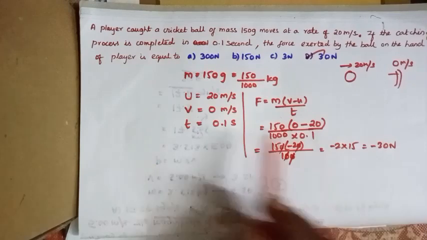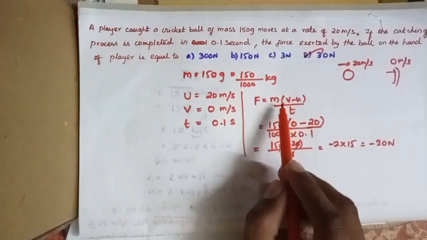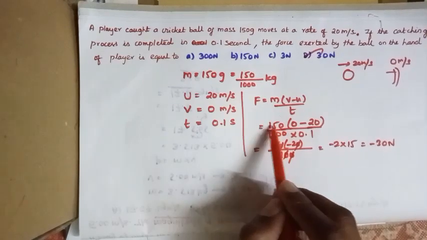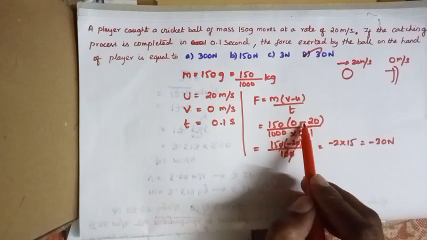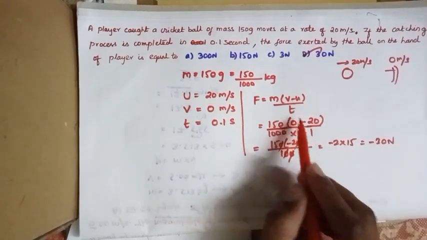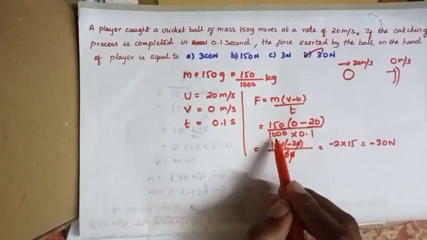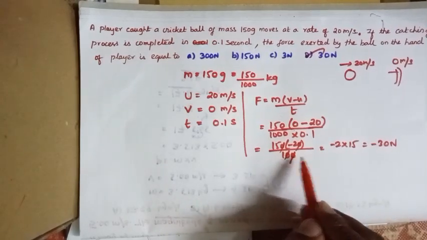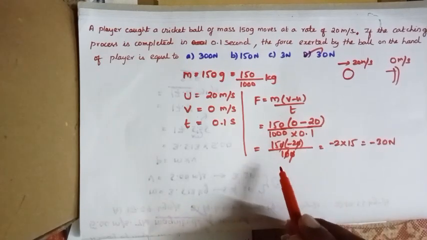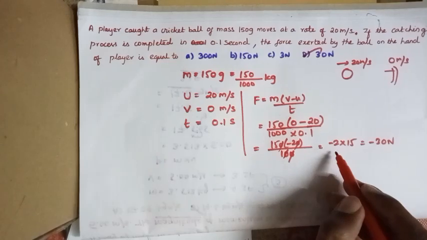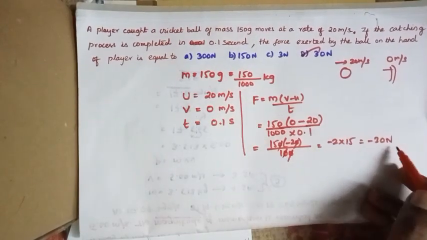So first we have to note down the given data, write the formula and substitute the values. Mass value is 150 by 1000, v value is 0, u value is 20, this minus is in the formula itself, and the time value is 0.1. Now you can cancel 10 for the 0.1, you will get only 100. Then you can cancel the 0 of 20 and 10 with the 150. At the end you will get minus 2 into 15,